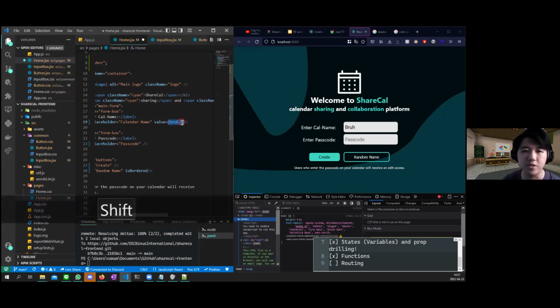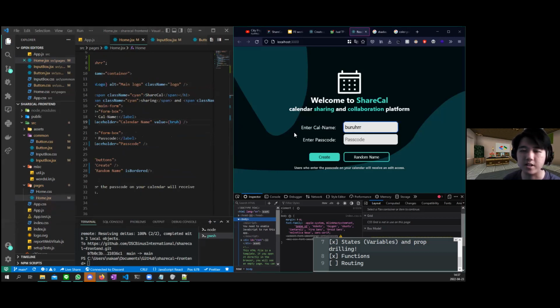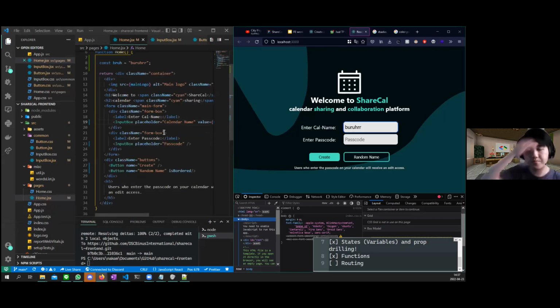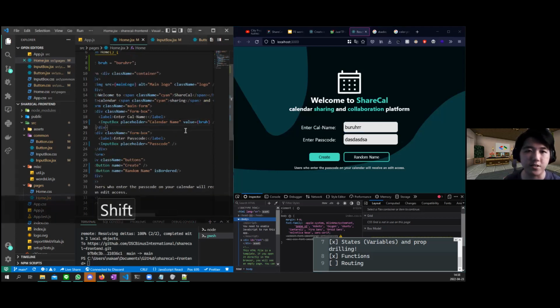And so if I do this, if I save, then like that, like so. But if I try to change this value, if I type something here, I'm typing something now, but it doesn't change anything. But I can type in passcode. So why doesn't it change? I'm typing right now, but it doesn't change. It doesn't change because